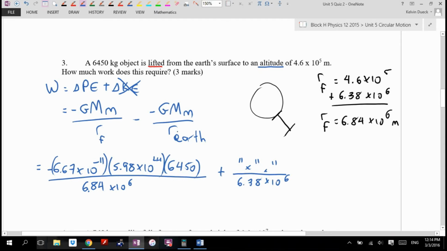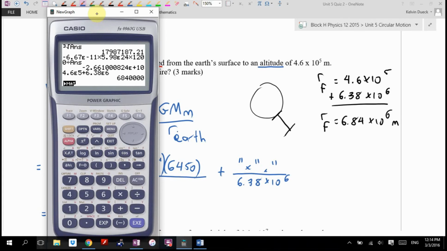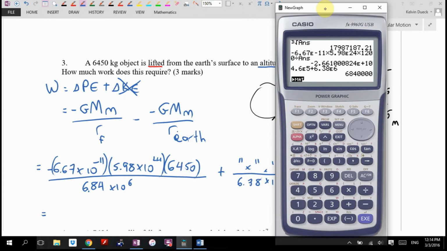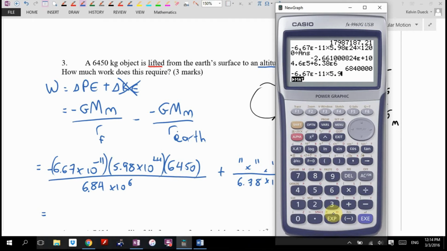Could you do this all at once in one? You could, but because so much of the typing is repetitive, I tend to break this into 2 steps, write each answer down to like 5 sig figs, and then add them up. So I'm going to go like this. Negative 6.67 negative 11 times 5.98 24 times 6450 divided by 6.84. I get negative 3.7612